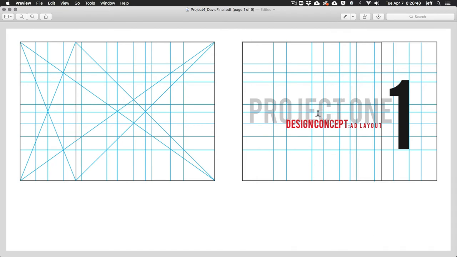that's when you're dealing with spreads, that's what you would normally do anyway. You would normally have the grid, and if it was an asymmetrical grid, you would simply flip it from that to that. Okay, so it has a title page for the project. So here's project 1, and then the name of the project itself. Okay, so then